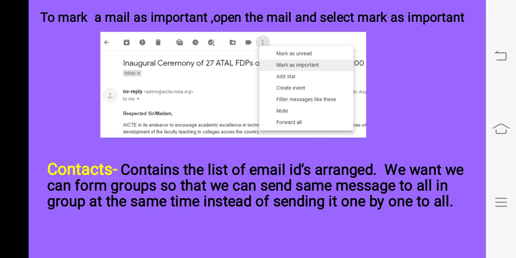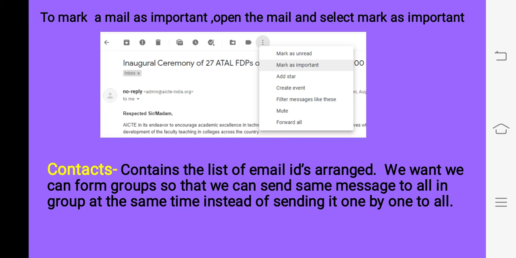In Gmail we have another facility to manage our contact list. Children, we don't have to remember the email addresses of various persons whom we are dealing with. We can just create our contact list in Gmail and arrange the email IDs. So what is the advantage? Whenever we are composing a mail, we don't have to type the complete email address. If the person's name is in the contact list, as we type the starting few letters, automatically we see the person's name and email address, and we just click and the email address will be in the To box.